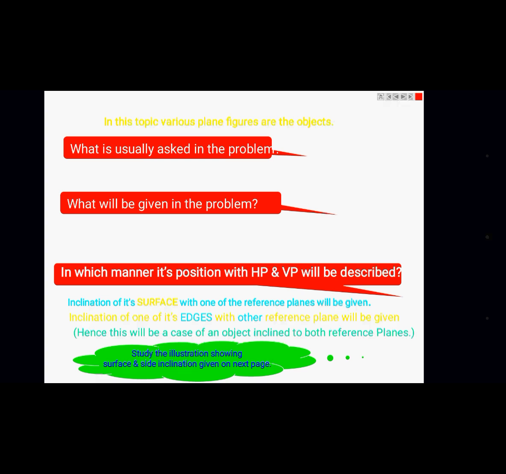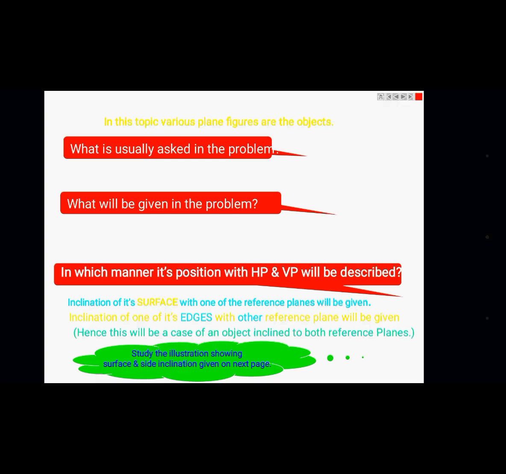So let us have a brief review of general type problems. Type 1, general type problems. In general type problems, you will be given the HP resting angle and the VP resting angle. And then in type 2, beta angle. So what is beta angle? How is it defined? How to find out the beta angle? How to identify whether the given angle is a beta angle or not? All those things we will take up when we take up the type 2 problem.